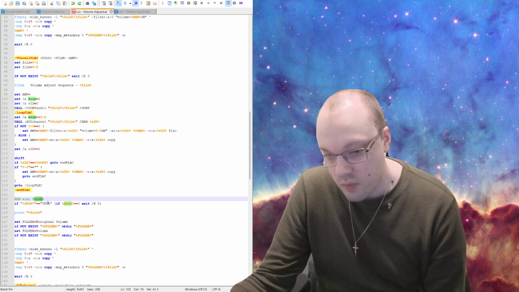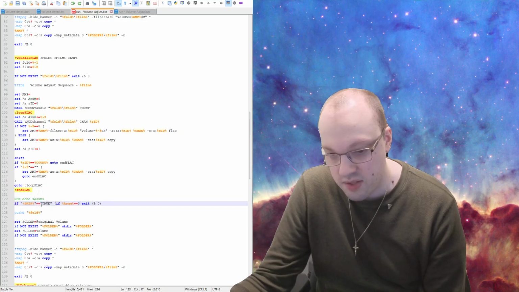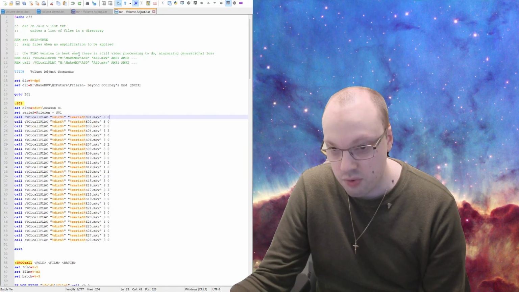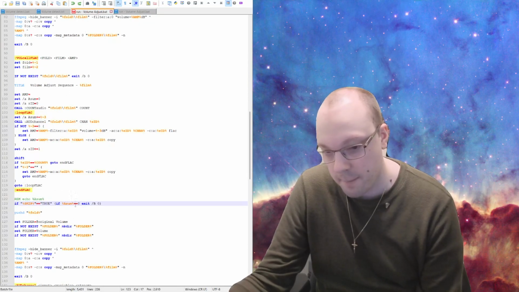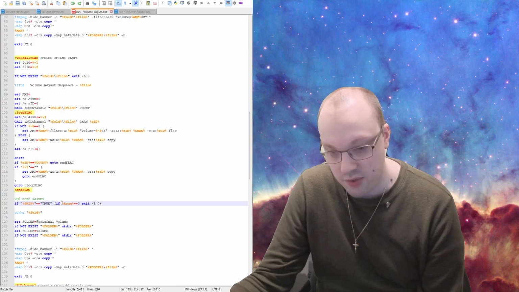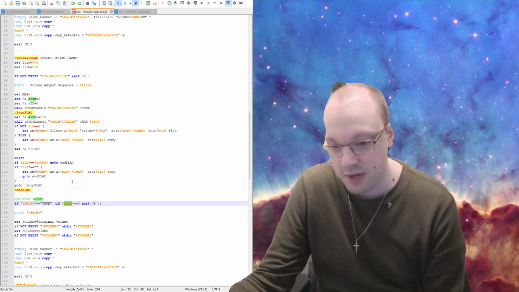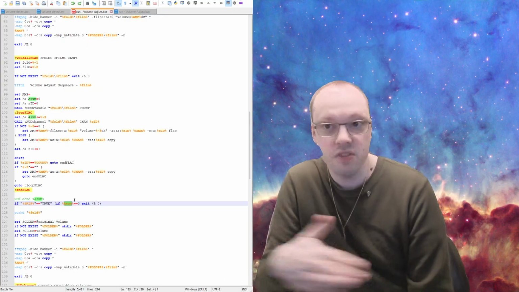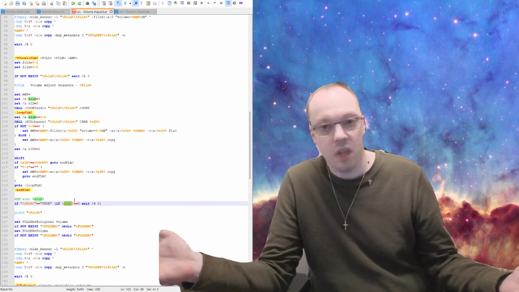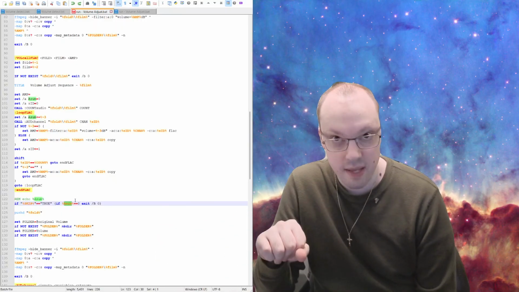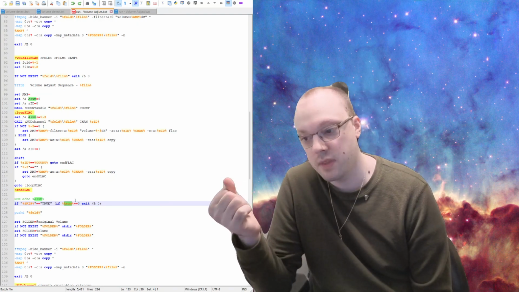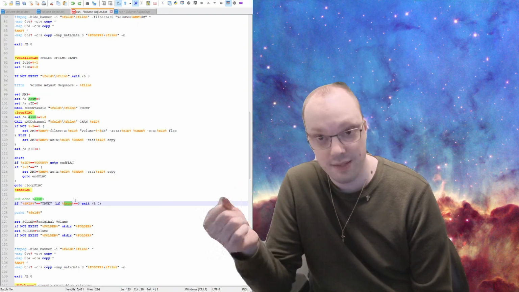We then, once out of that, have this check, which is if skip is true. So that's this thing here, to skip the files when no amplification is to be applied. If that is true, then it checks if, and I'll explain why the quotes are there, the sum of the amplifications is 0. If it's 0, skip. There's nothing to do, because none of the audio needs to be changed. But if it was set to skip and the sum of the amplifications is not 0, then it needs to